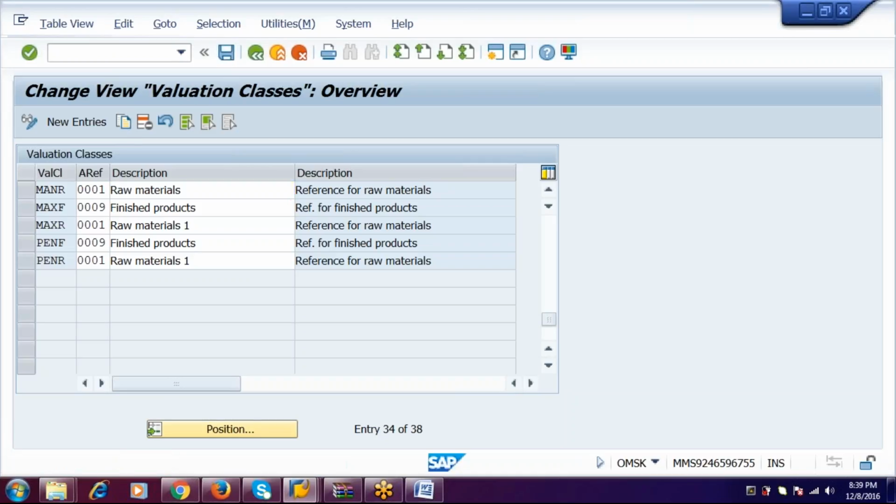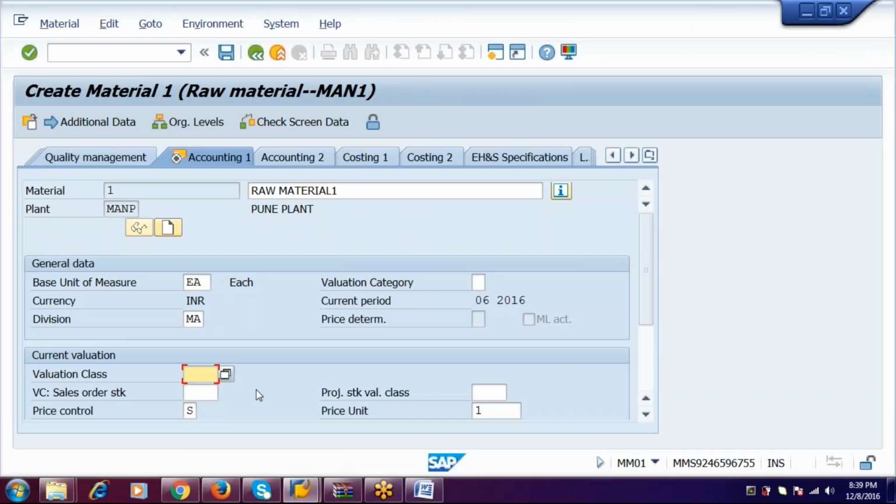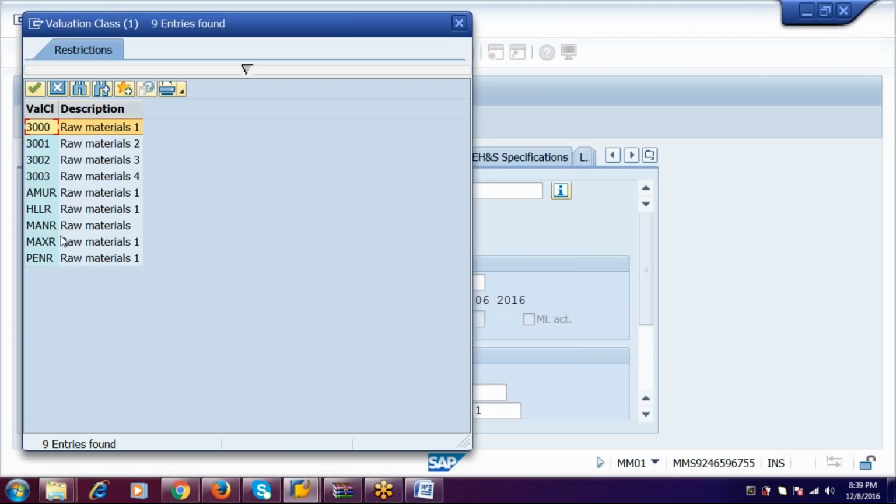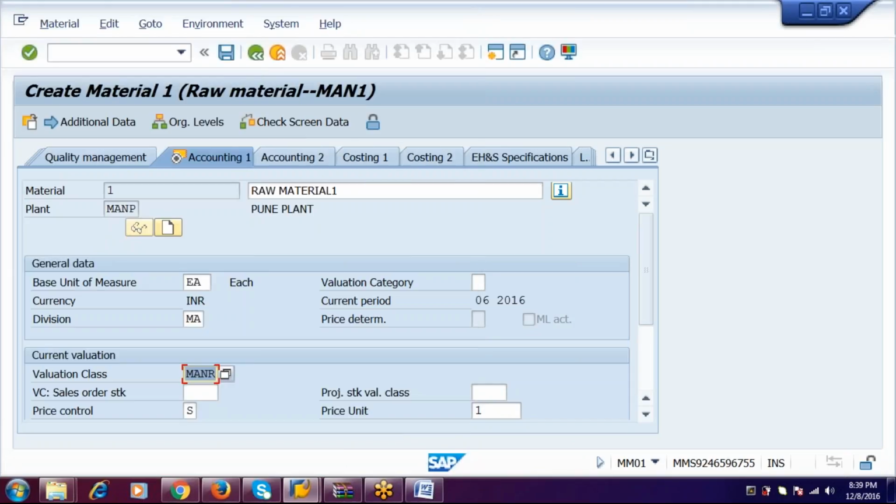Done and save. Even this raw material will be shown here, in the valuation class. This was the raw material. For creation of a valuation class, we need to go for something like that, and as well as